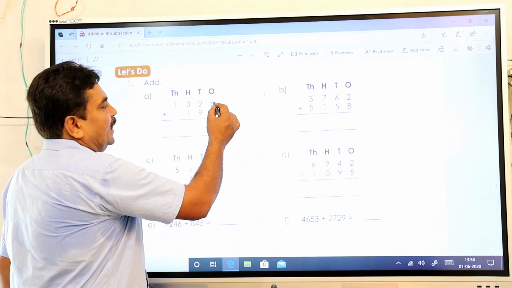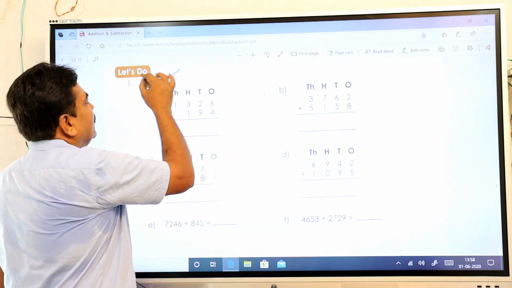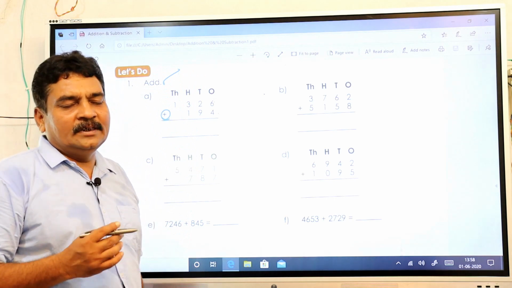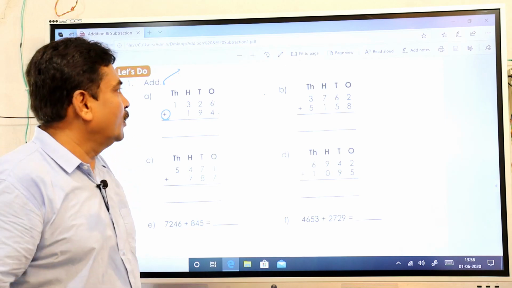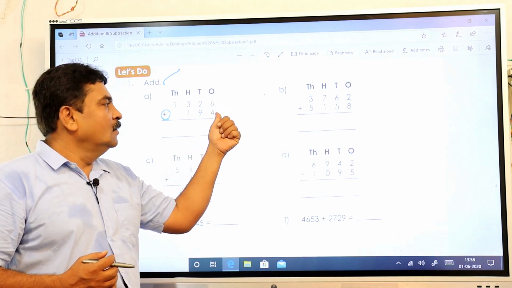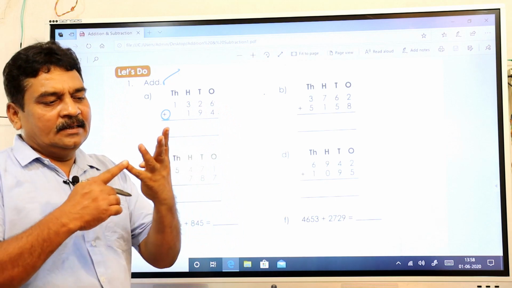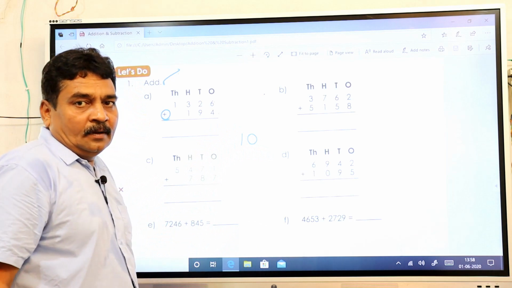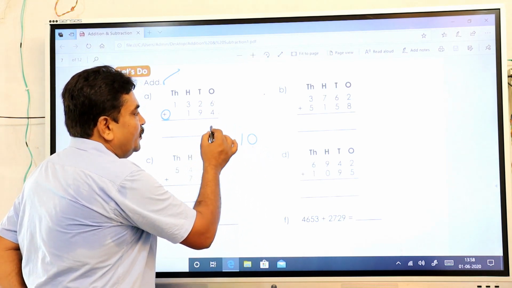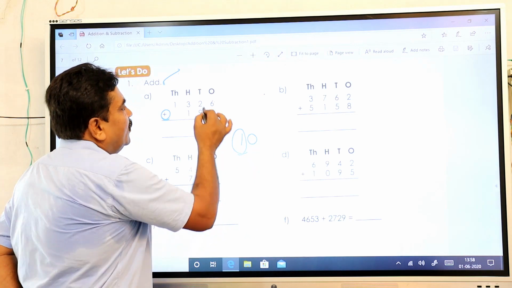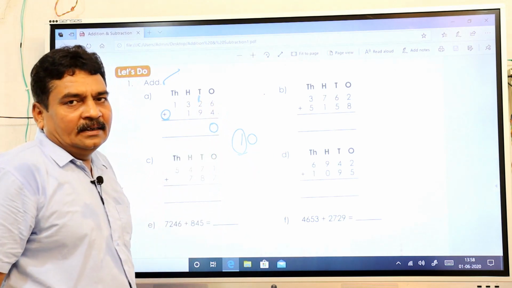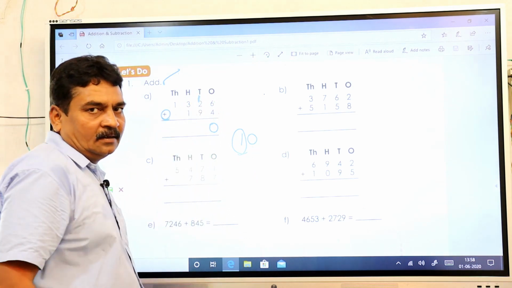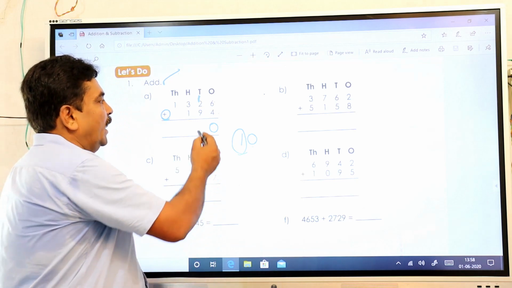So here 6 and 4 you are adding. I told you, whenever you add two numbers, you take the bigger number into your thought. So 6 is your bigger number, you add 4 to it. So 6, after that 7, 8, 9, 10. Now you got 10. So the ones place value you keep in ones, and the tens place value you carry forward to the next number. Now you have three numbers here, 1, 2 and 3.